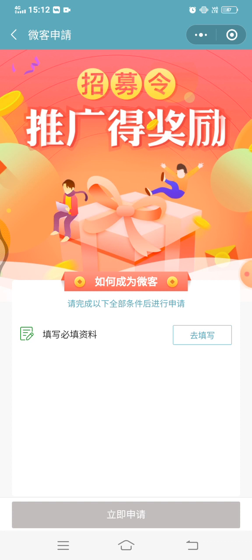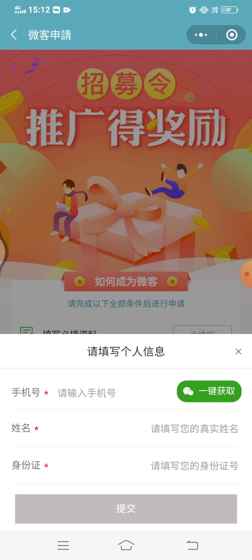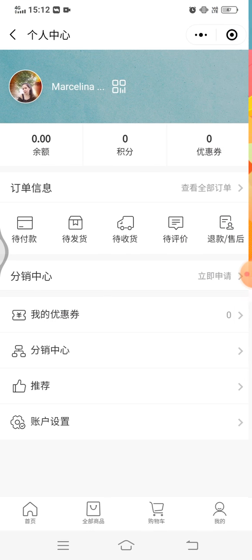Then in here, please click the right rectangle button, which means Fill in the form. And then please click the green button, which lets the system automatically retrieve your team manager's mobile number. Then, please also provide the real name and China government ID card number. Then, click Submit at the bottom of the gray button. Right after this, please go back to the first page.